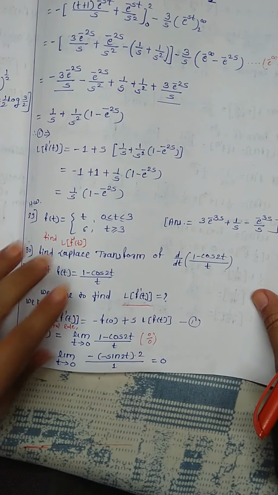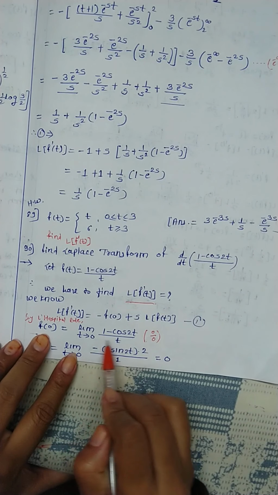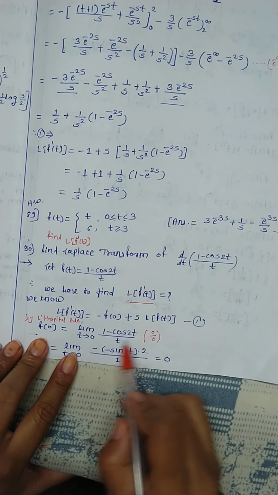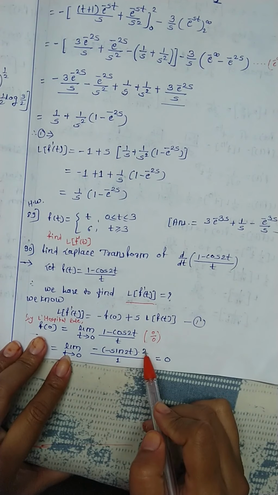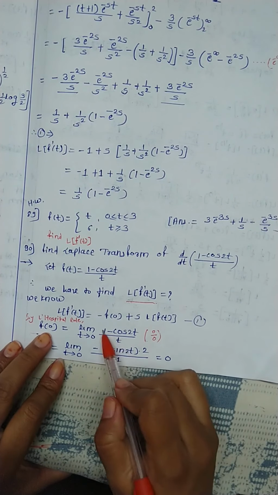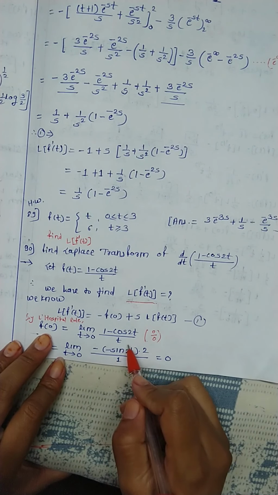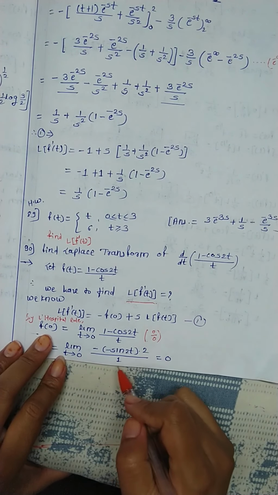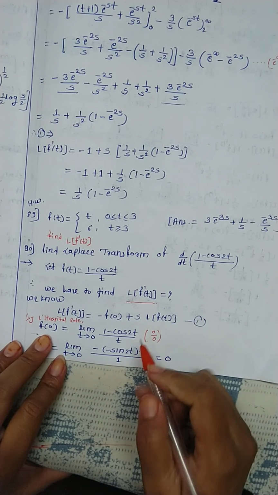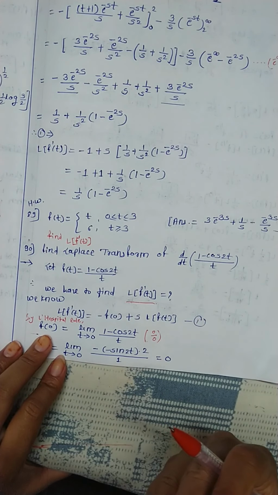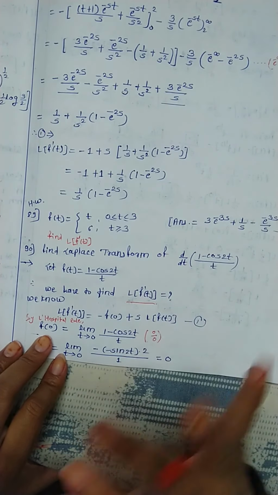What is that rule? The rule is just f of 0 is equal to the limit as t tends to 0 of f of t, right? What is f of t? t tends to 0, this is just a limit, okay? Now it is 0 by 0 form. That's why the rule says take the derivative of the numerator and keep it in the numerator. Take the derivative of the denominator and keep that in the denominator. It is not the u by v rule, okay? Remember that it is not the u by v rule of derivative. It is taking the derivative individually of the numerator and separately of the denominator, okay? And keep those derivatives at the respective places only.